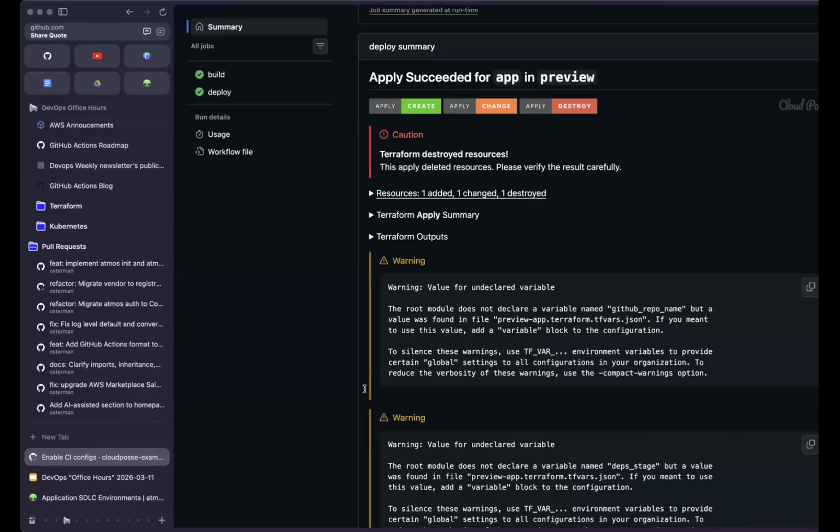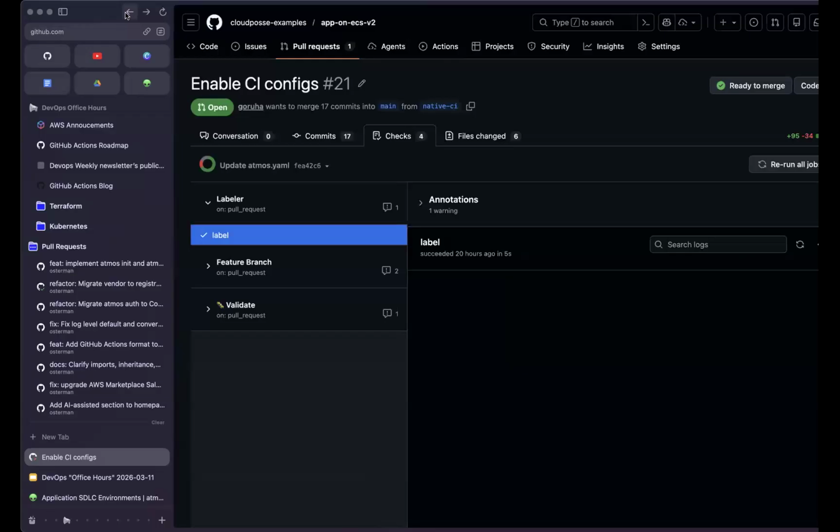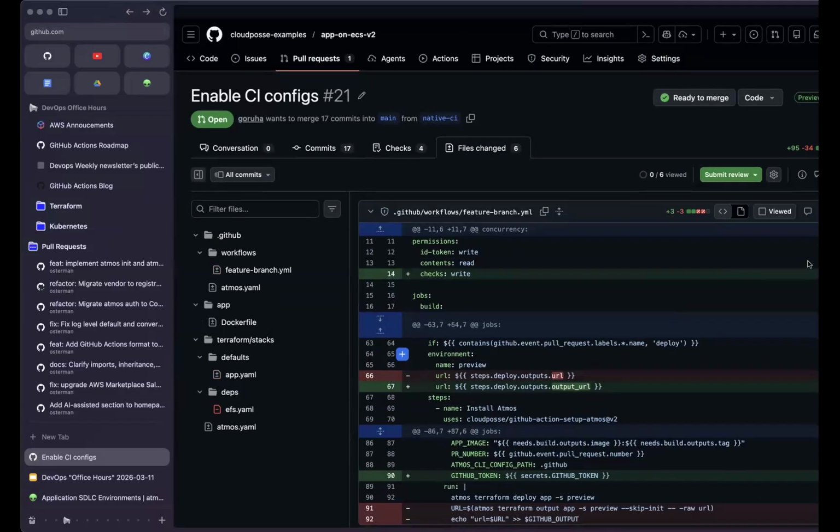This is the plan. And you didn't have to pipe all the output into a file. You didn't have to install TFCMT. You didn't have to use some GitHub action to set up your OIDC connection with AWS. You didn't have to install Terraform. You didn't have to do all of this stuff, because in one line, you get that with Atmos. And that's what this workflow is basically showing you now.